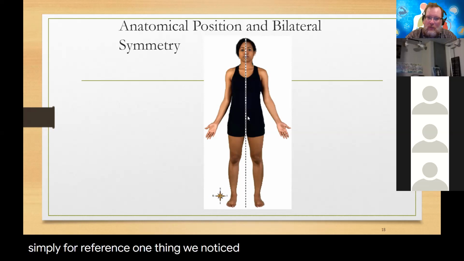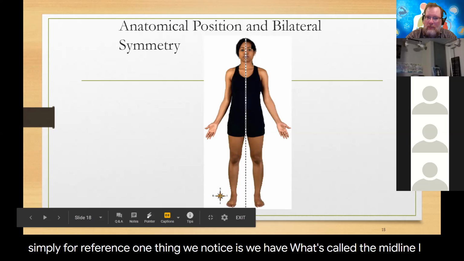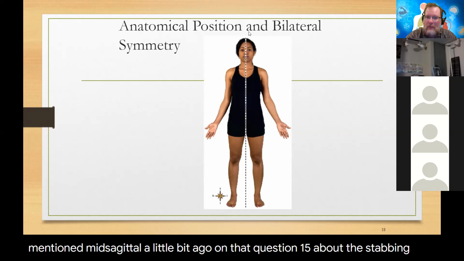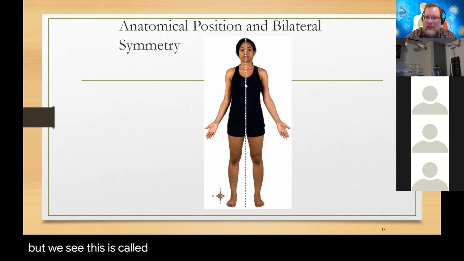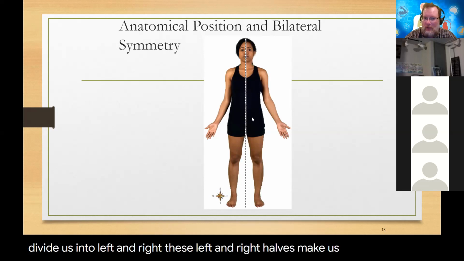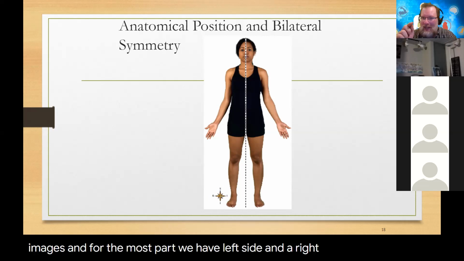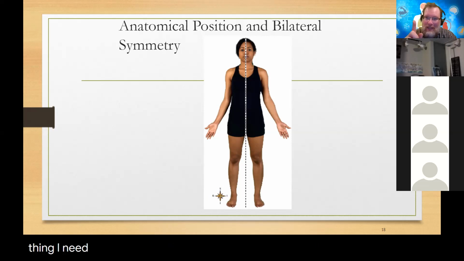One thing we notice is we have what's called the midline. I mentioned mid-sagittal a little bit ago on that question 15 about the stab victim, but we see this is called the mid-sagittal line or the midline, and that's going to divide us into left and right halves. And these left and right halves make us bilaterally symmetrical. Basically it just means we're mirror images for the most part. We have a left side and a right side, and one of each thing on each side, except internally that doesn't hold true with the viscera